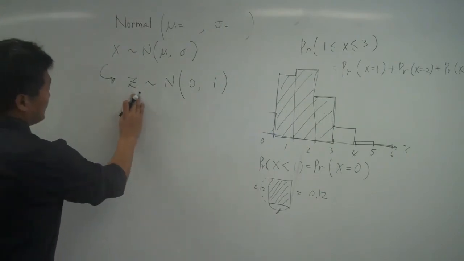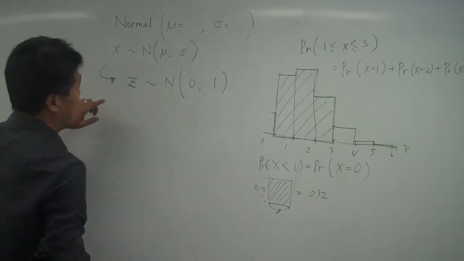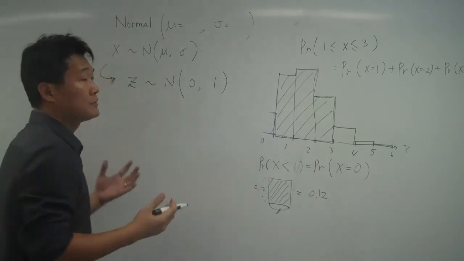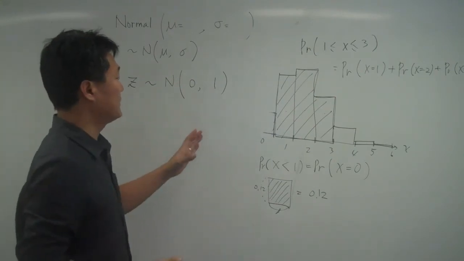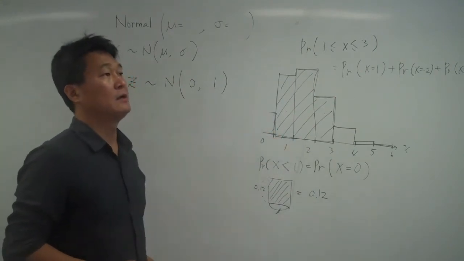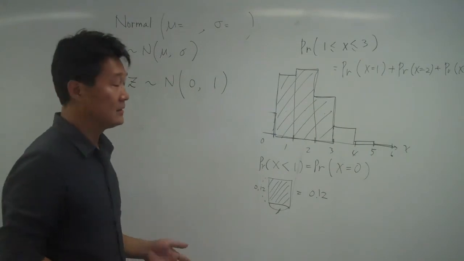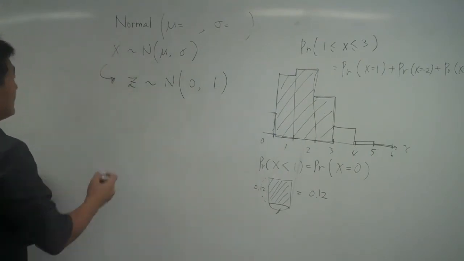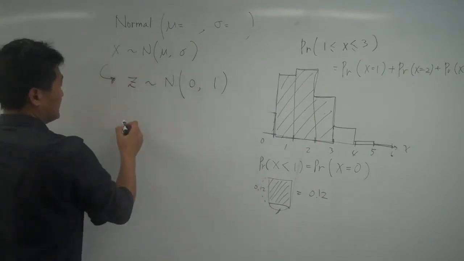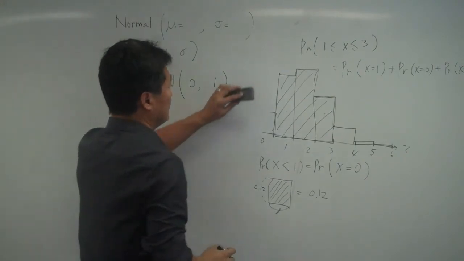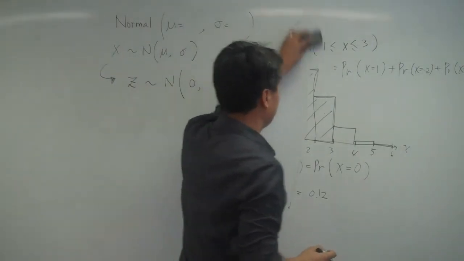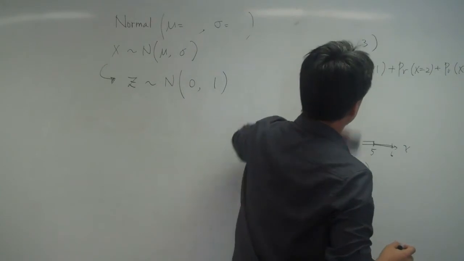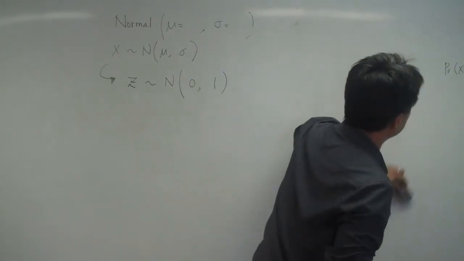The reason we are doing this is we want to obtain the probability quickly and easily, because if we are doing this, obtaining the probability between any specific two numbers, two intervals,